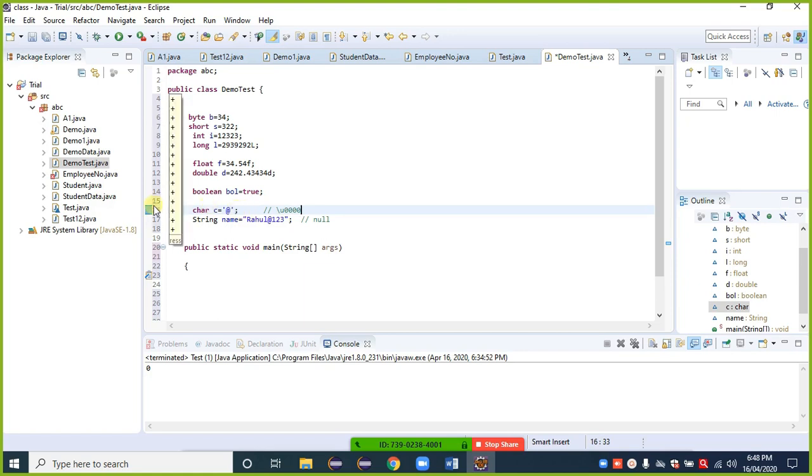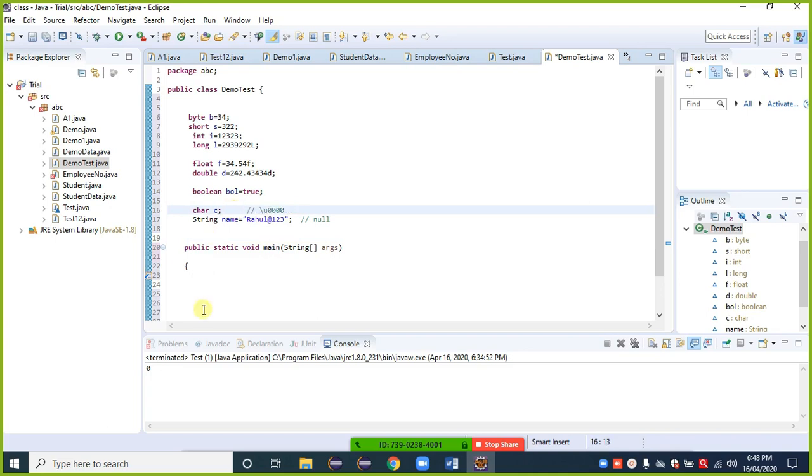What is the meaning of that? It is the minimum value of the Unicode system when char is not initialized, and if you print that variable c in the console, we get this value \u0000. It is the minimum or lowest value for the Unicode system.